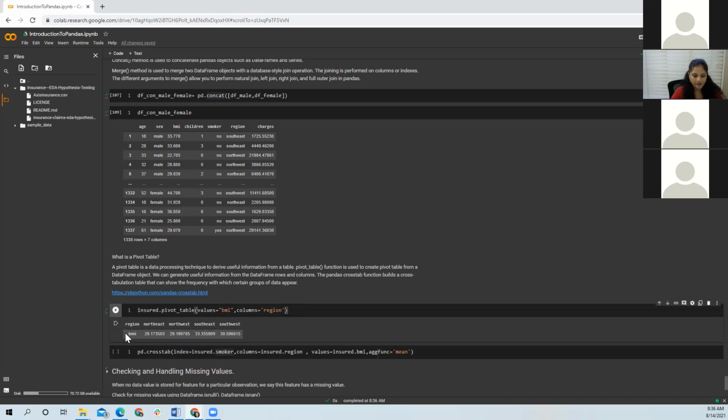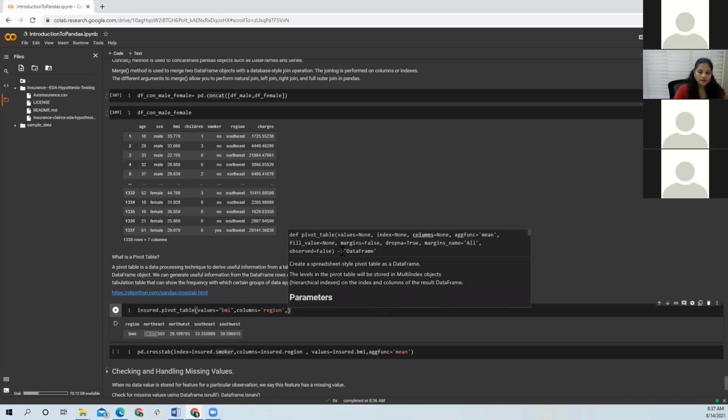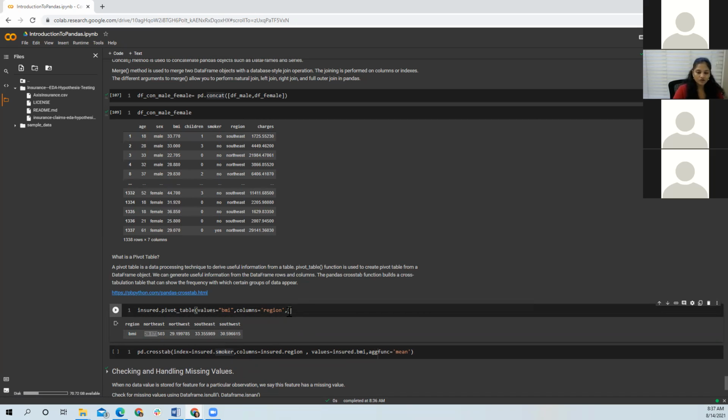Now you can see the BMI for Northeast, Northwest, Southeast, Southwest. By default, it is showing me the averages. The aggregate function here is mean. If I want to change it to maybe median, I can do that. So now it is giving me the median BMI instead of averages.